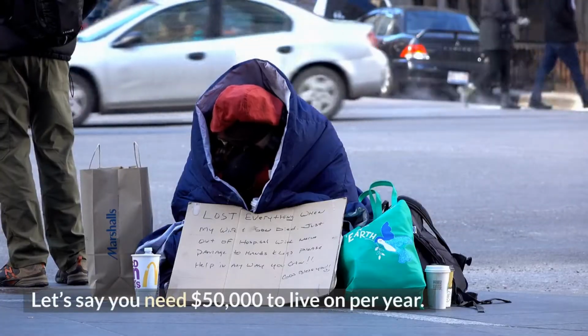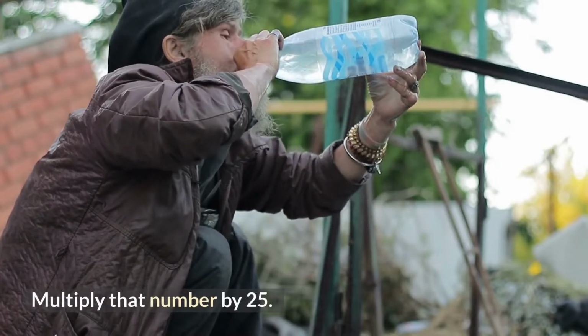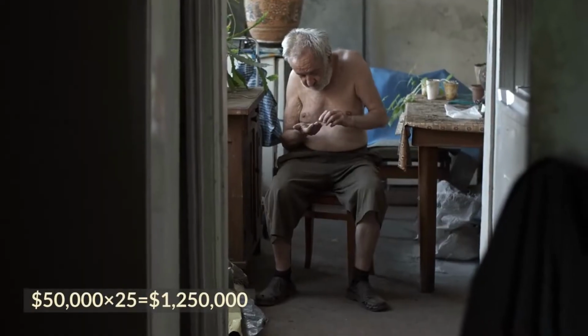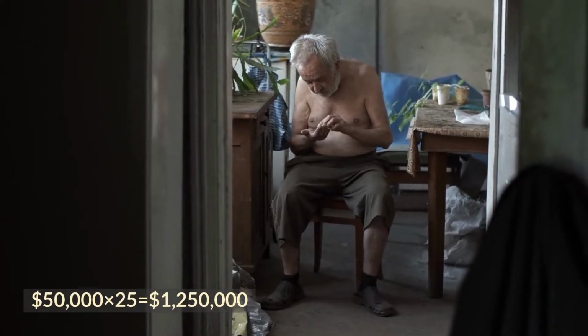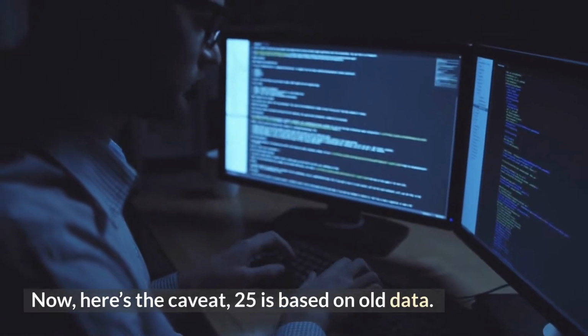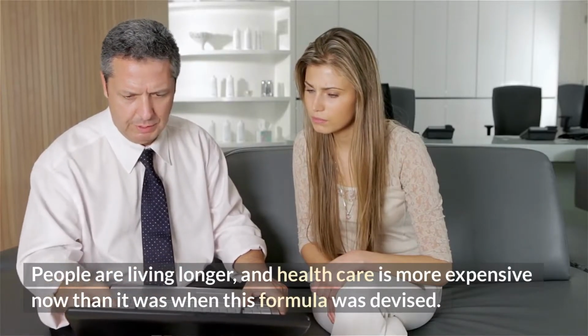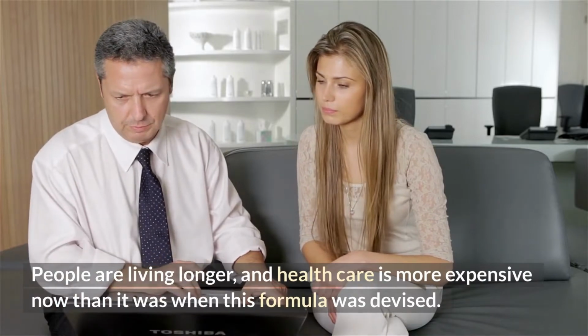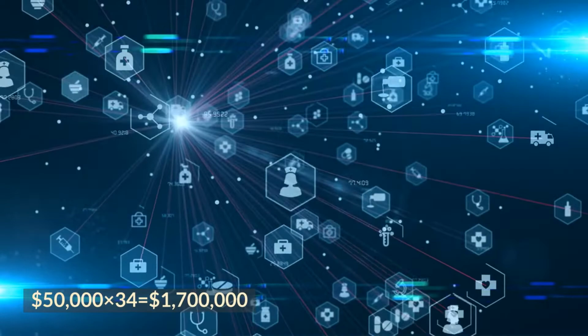Let's say you need $50,000 to live on per year. Multiply that number by 25. $50,000 times 25 equals $1,250,000. Now, here's the caveat, 25 is based on old data. People are living longer, and healthcare is more expensive now than it was when this formula was devised. The new number is 34. $50,000 times 34 equals